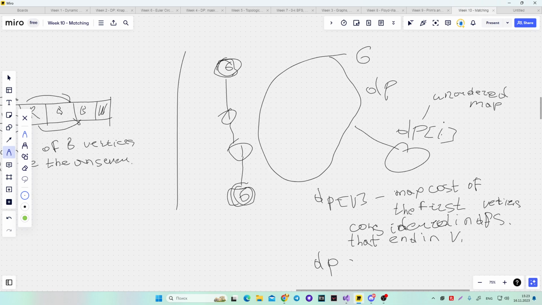And how to calculate dp v? The dp v equals to the dp of